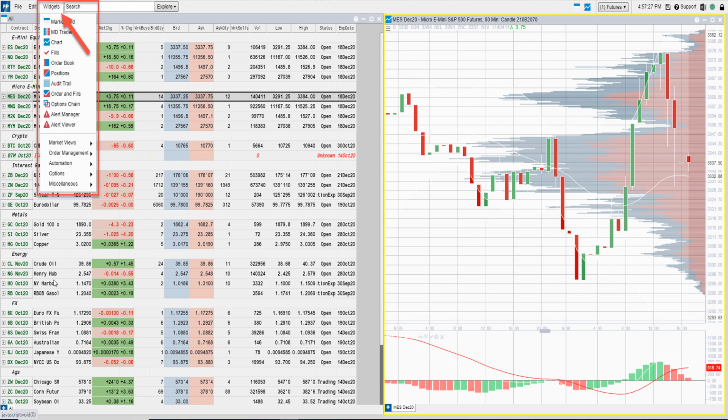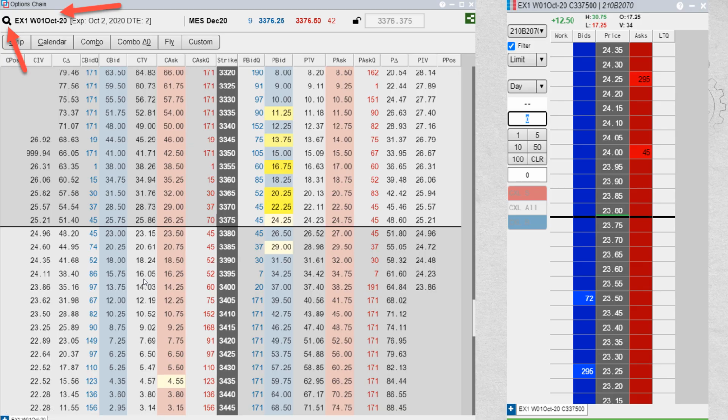So all the normal things that you would expect from a trading platform are here: watch lists, great charting, and of course order entry. Today we're talking about options. So this is the option chain window within FuturesPlus. And so you've got strikes running down the middle, just like any option chain, calls on the left, puts on